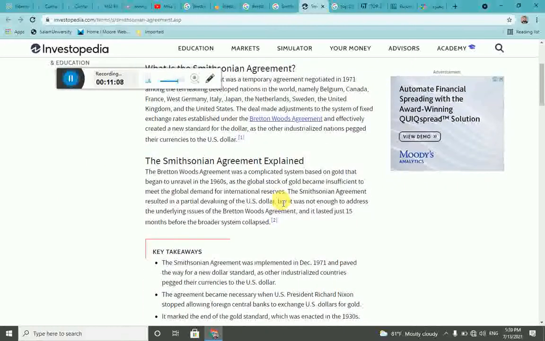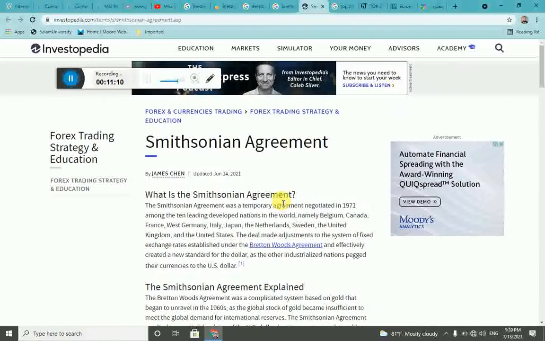So what happened is that the system of fixed exchange rate, maintaining the fixed exchange rate, basically started